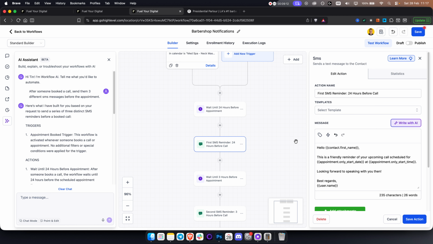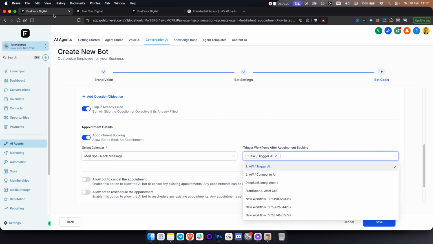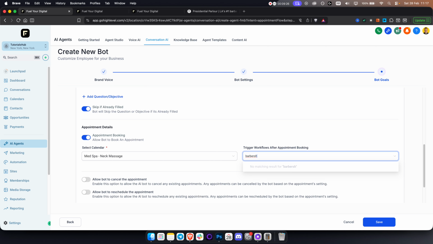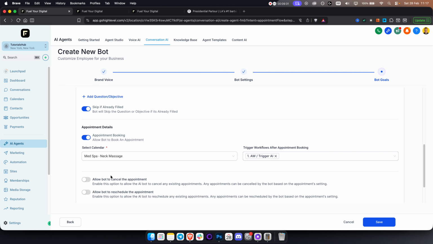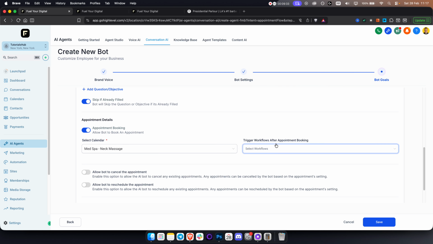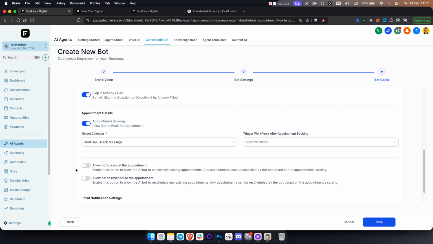And then as you can see, here is the first message that you can adjust. Again, if you have phone number connected, it will work. You just need to publish it and hit save. Then you just go back here and then select that particular, for example, barbershop workflow. We don't have it because we haven't saved it, but you can click here and select that. Now, once this is done, once you select this, I will exit out of this because I want to show